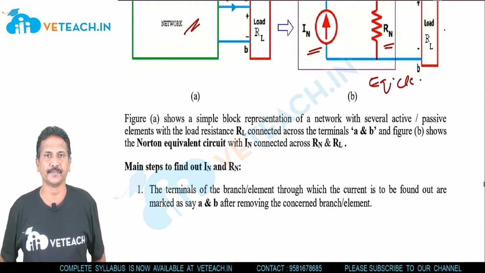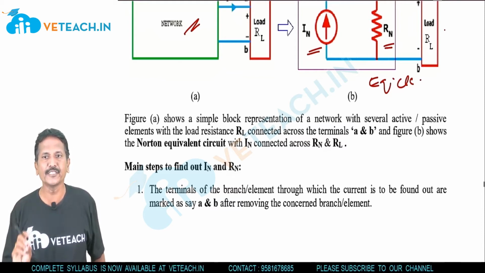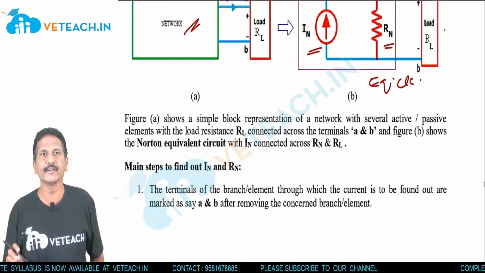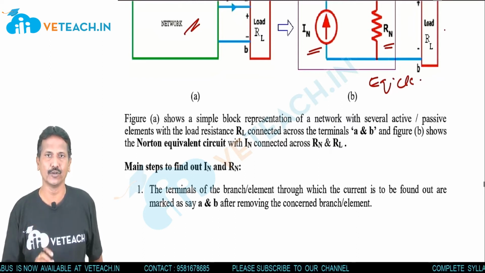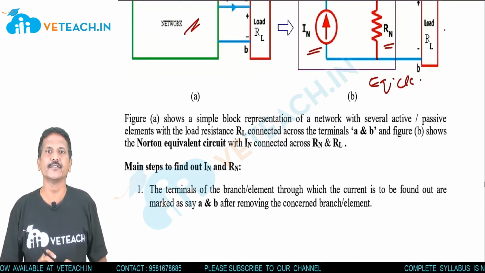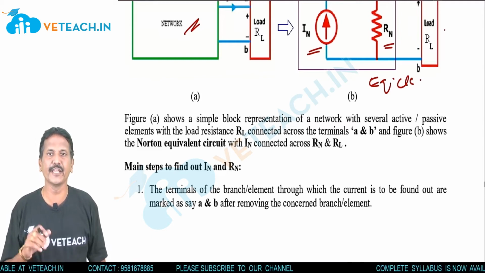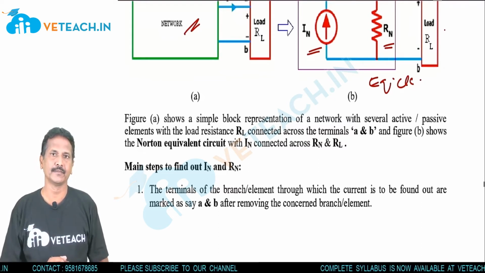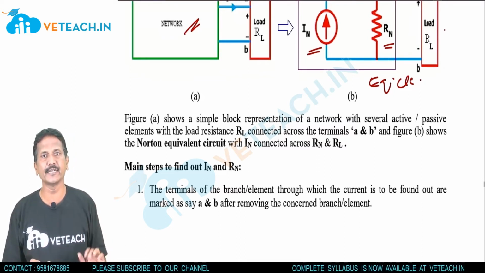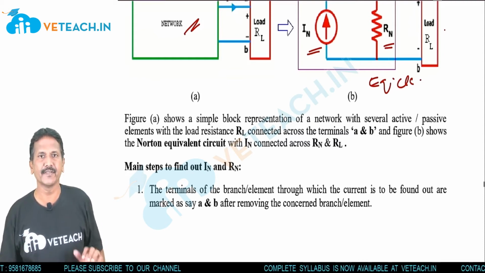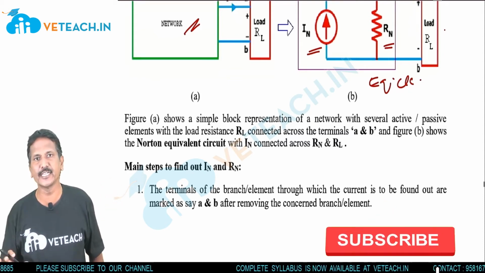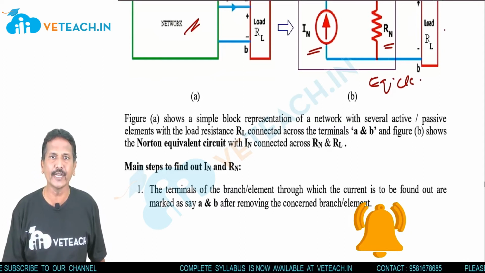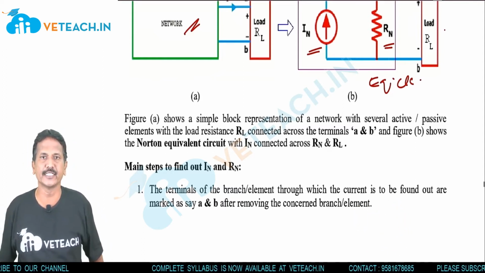Okay students? So in open circuit, if we make an open circuit, there we will find a voltage. To find the current, we have to short the load resistance. In the given network, we have to remove the load resistance and make it into a short. If it is short circuited, then the current can flow. So this is the basic difference between Thevenin's theorem as well as Norton's theorem. In Thevenin's theorem it is open circuited, whereas in Norton's theorem it is short circuited. When it is short circuited, the current can flow. That new current we are saying as Norton's current.